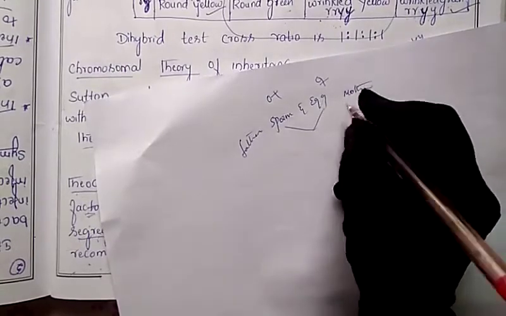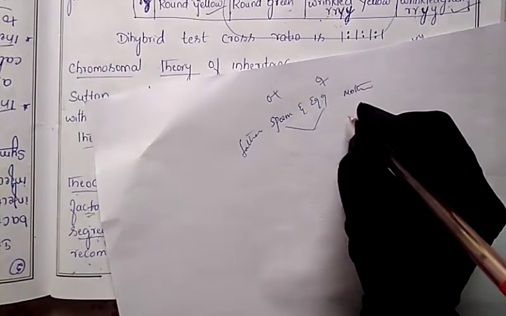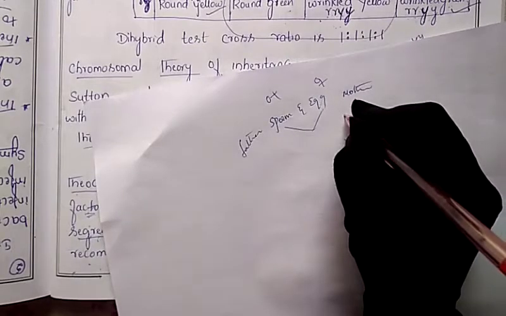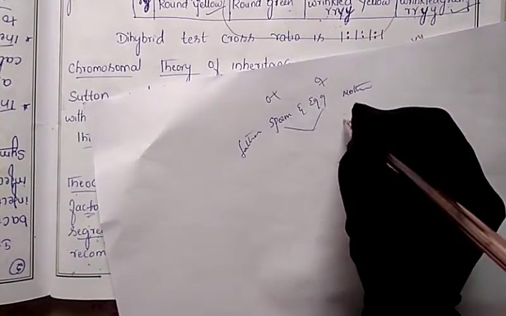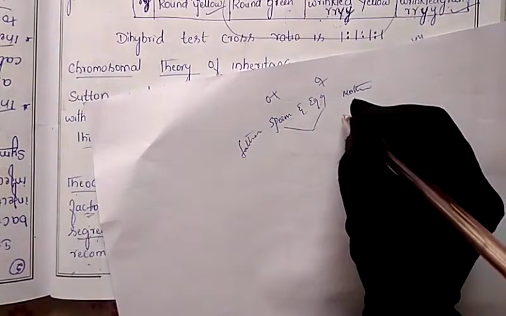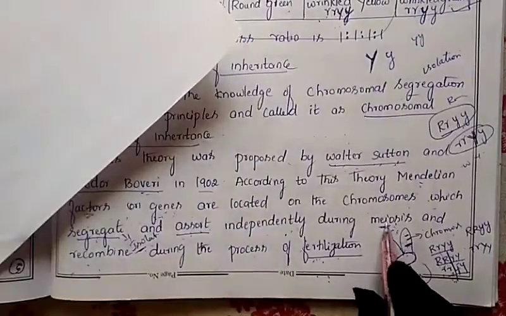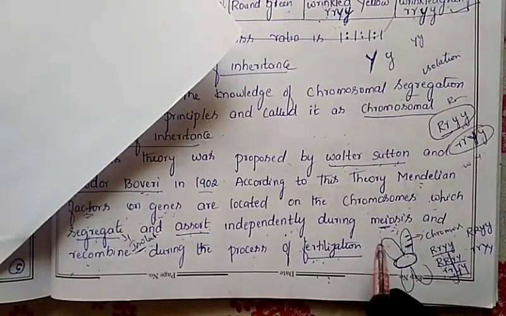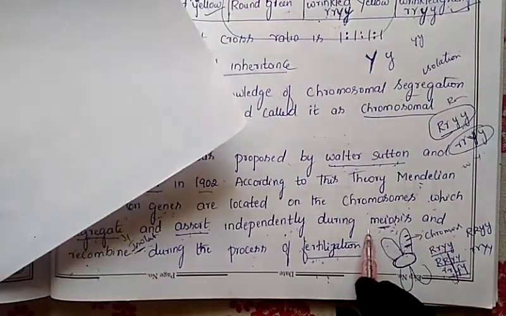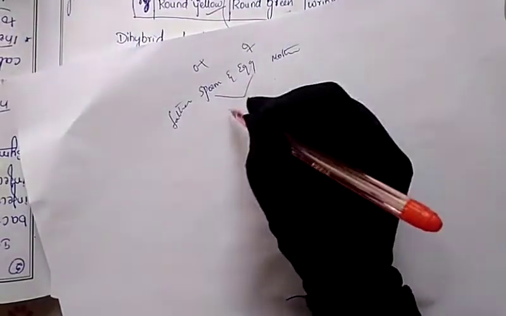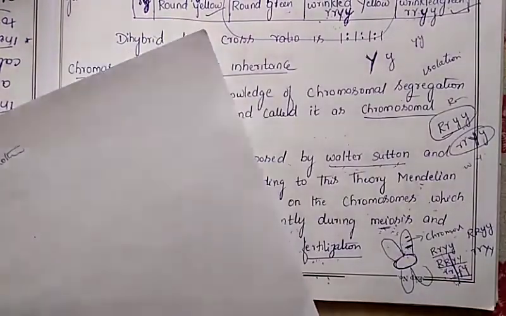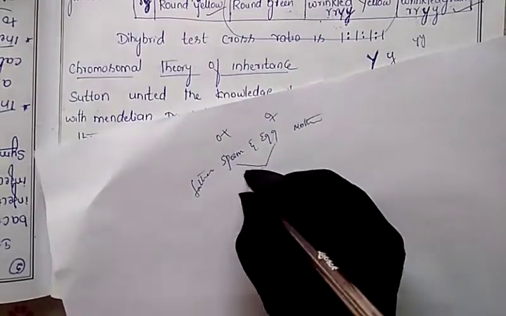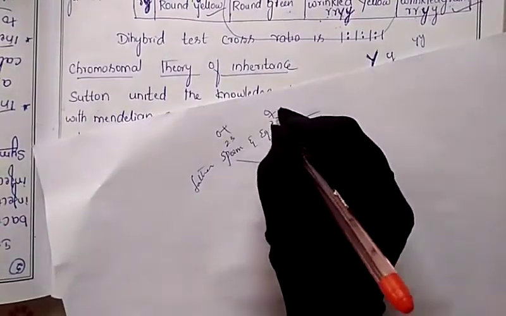Which contains the chromosomes. How many chromosomes are present in human beings? 46 chromosomes are present, but in the sperm and egg, how many will there be? Half. That is why it happens through meiosis cell division. We call meiosis a reductional cell division because only half of the set of chromosomes will enter. So half of the chromosomes enter the body: 23 chromosomes from this and 23 chromosomes from this.